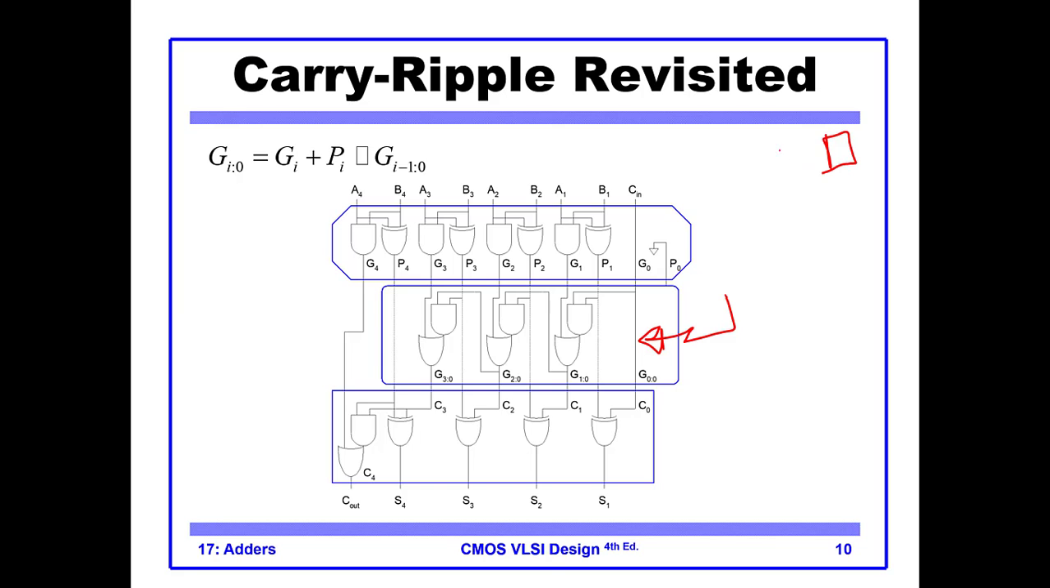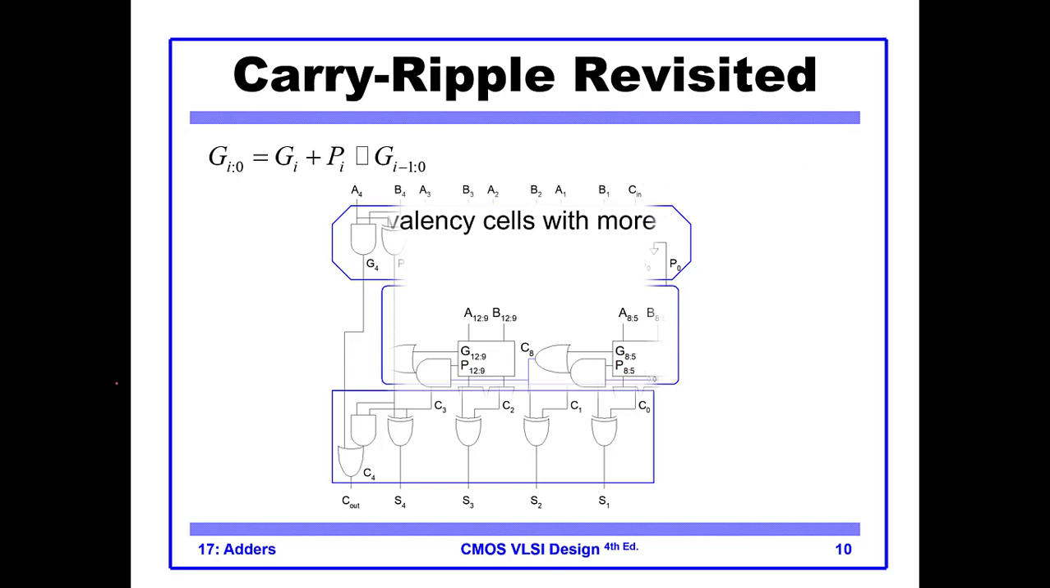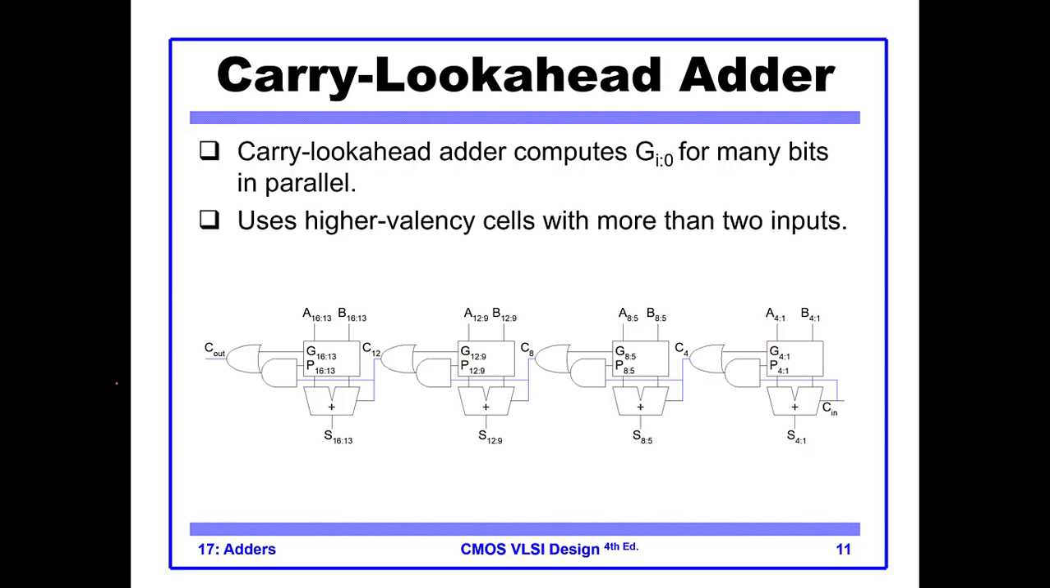First you had to wait for the carry to propagate in a ripple carry adder, but now you are generating all the carries in parallel. So this is called a carry look ahead adder. A carry look ahead adder calculates all the carries in parallel,